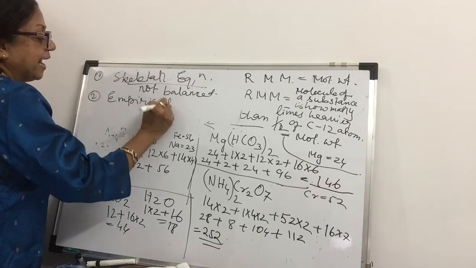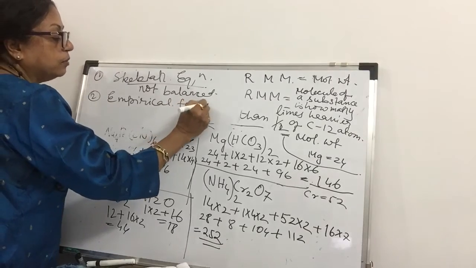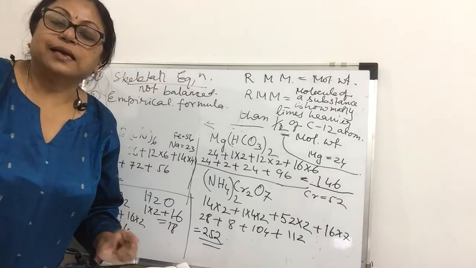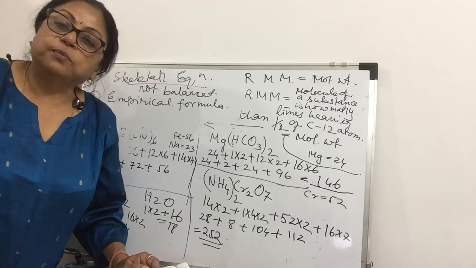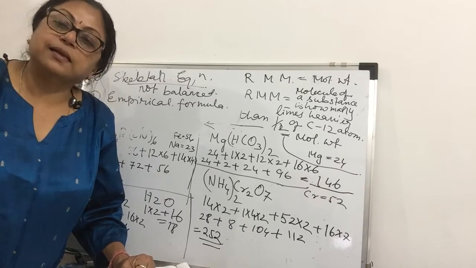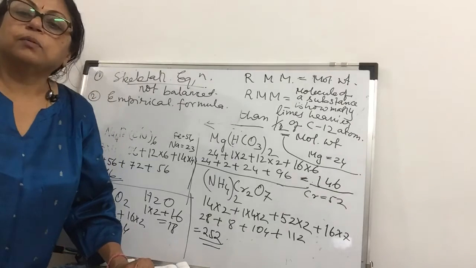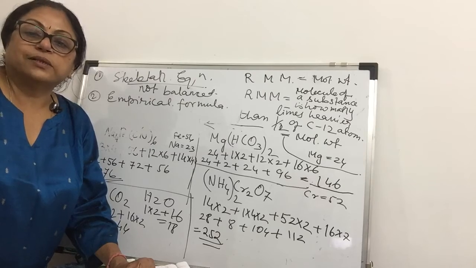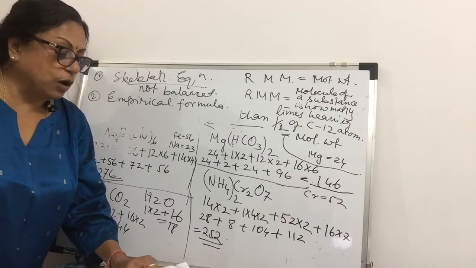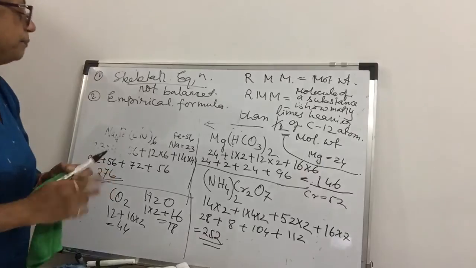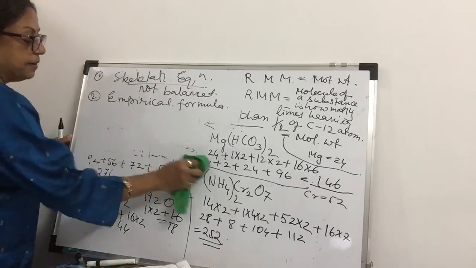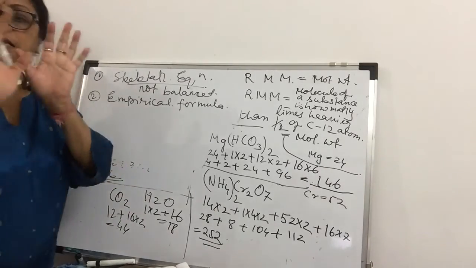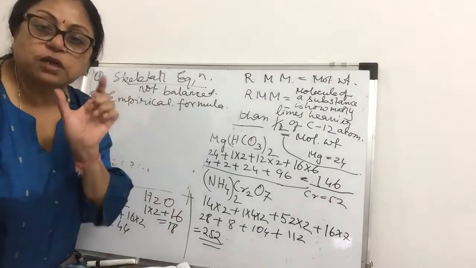Empirical formula can be found out with the help of charts. That is a different lesson. It is there in your stoichiometry lesson. We will study that also, because a lot of things have been taken out from 10th standard this time. But knowledge is important because it will help you in the long run. But how to find the empirical formula, I'll just show you, very easy. It is the simplest form of the original formula.